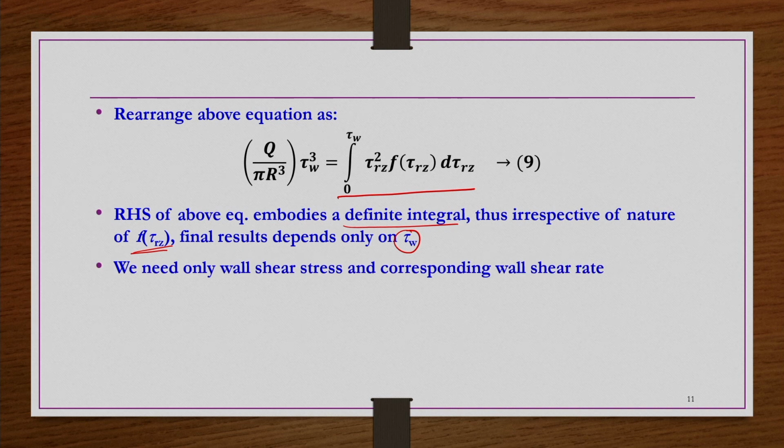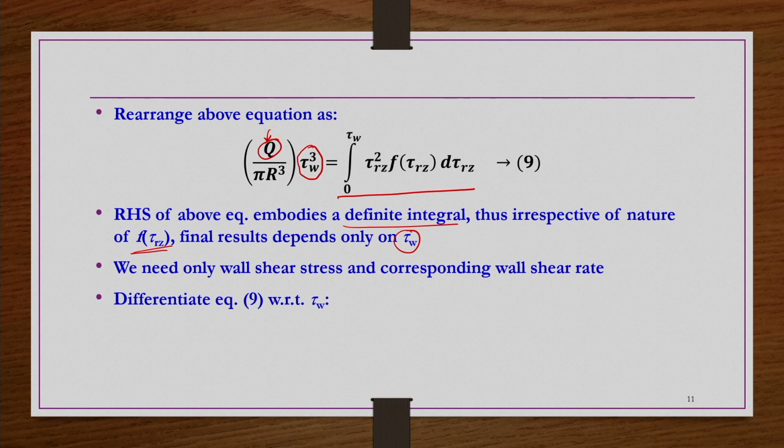So, now what we do, this equation number 9 we are going to differentiate with respect to tau W. So, now on the left hand side you have to see the tau W is there. So, then that differentiation you can easily do, but q whatever is there, can you take it independent of tau W? No, you cannot, because q is related to the shear rate, or velocity change is related to the velocity gradient, and then velocity gradient is related to the shear stress.